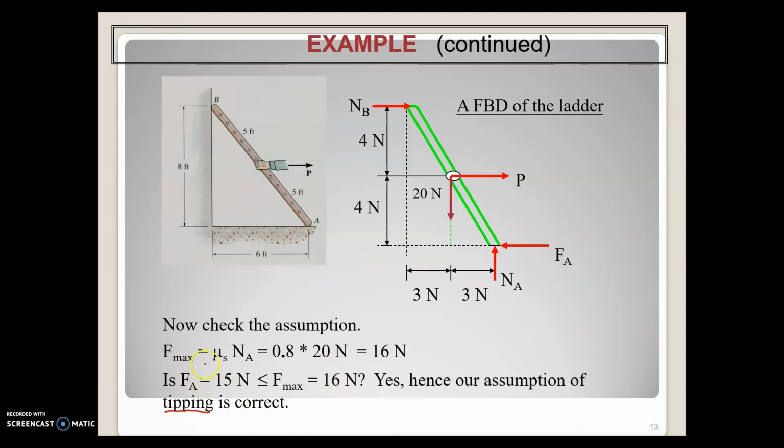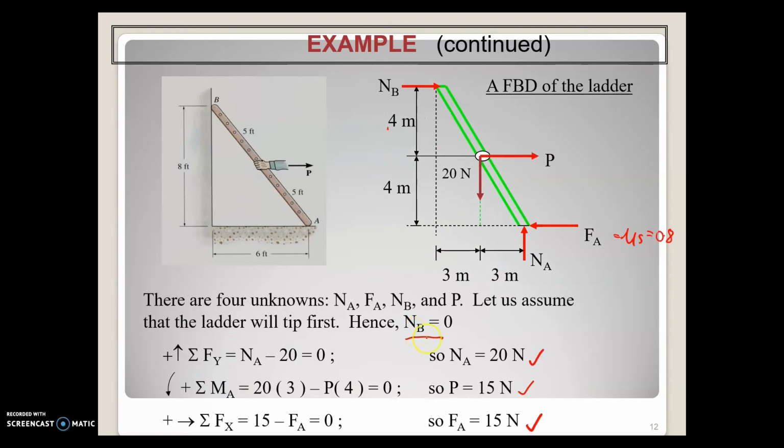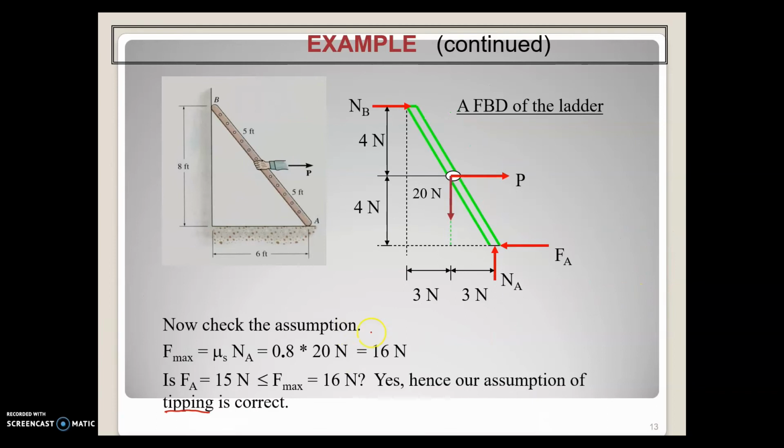Okay, di mana bila FA yang kita dapat tadi tu dekat sini 15. Okay, kita belum kira yang frictional force di mana F equal to mu S N tadi kan. So sekarang ni bila kita kira frictional force maximum, kita dapat 0.8 kali 20 tadi equal to 16 Newton. So bila kita compare kan dengan 15 ni, dia adalah lebih rendah. Jadinya betul lah assumption kita yang tipping tu, yang tangga ladder tu tipping. Okay,